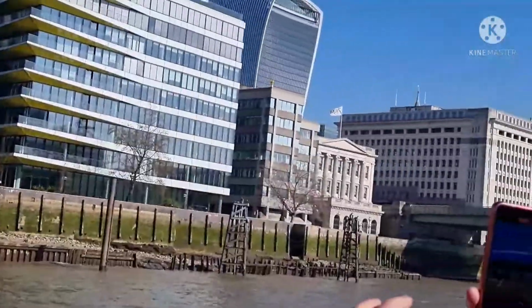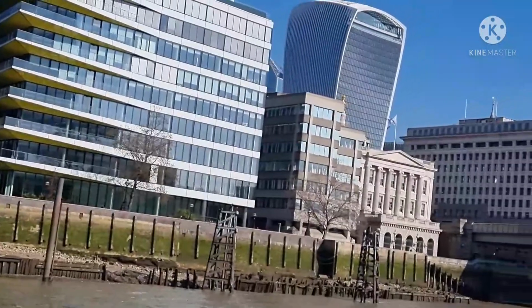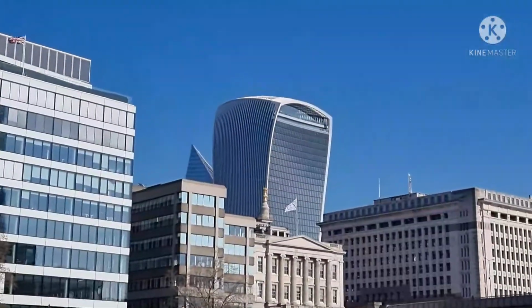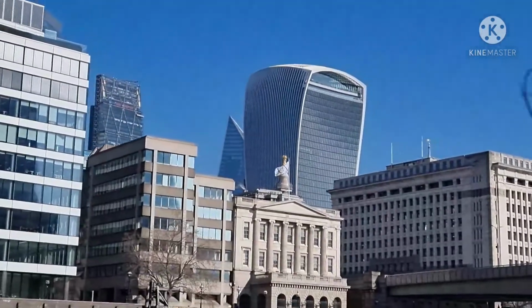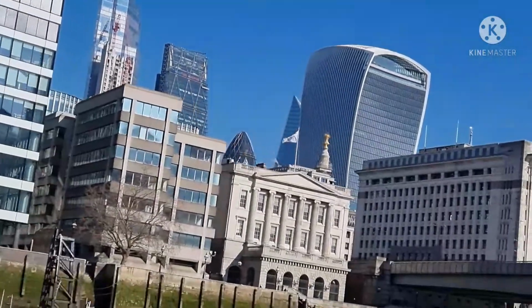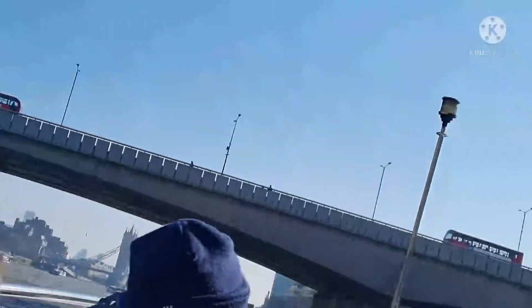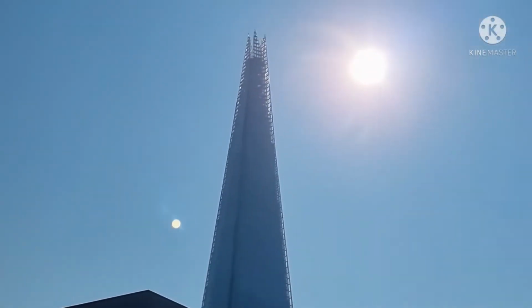Completely free to enter. Now if you want to go up there, all you've got to do is book online a few days in advance. You can sometimes just turn up on the day. They've got a bar and restaurant up there also, so it's well worth the visit. I mean, you could go on the other side of the river up to the Shard viewing platform. Of course, it's a lot higher up, but I think it's £40 an adult to go up